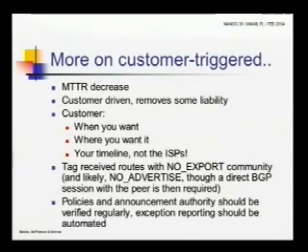Okay. So more on customer triggered routes. These are the whys, basically: mean time to repair, mean time to response. Liability, for example: if a customer black holes something, they were responsible for their network and they black hole their own prefix, so they're the one liable. They can get it, as Chris says, when they want it, where they want it, and it's on their timeline. So there's not a lag and delay where they send an email to security at isp.com and have to wait for 4 hours or 4 minutes or whatever,